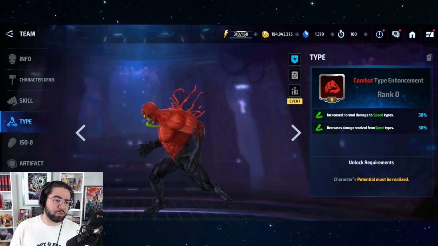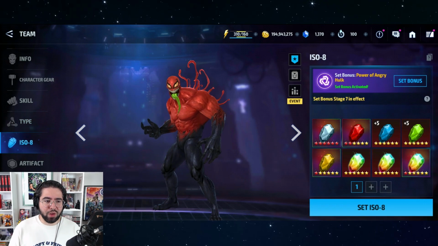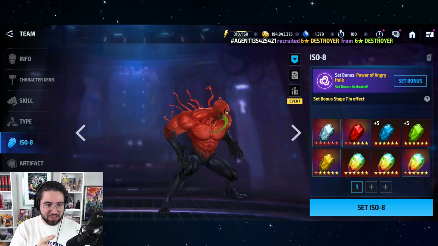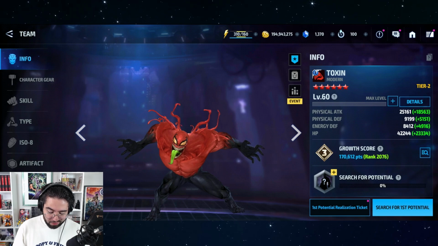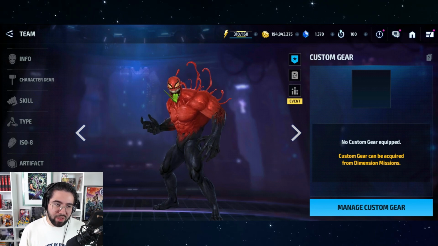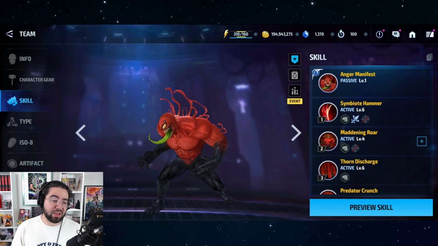We don't have any type enhancement just yet because we have to get him to level 70 first. For the ISO 8 set, I went with a stage 7 Power of Angry Hulk. It'll get to a higher stage once I fix all the ISO, but that's, I think, a good one for now. The reason why I went with Power of Angry Hulk is I wanted him to have close to max attack speed, and the reason for that is I think he's proc friendly, so I think I can give him a damage proc obelisk to test him out later, but he's going to need to have attack speed to get